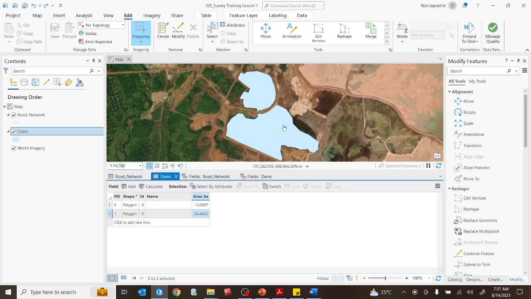Let's give these dams names. So all you need to do is be on edit, modify, and then you click here to select the polygon. While you select the polygon, because you want to ensure that this is the polygon you are giving that name. So you select this polygon, and then you double tap in here. Let's say you give it dam A. Let's say this is dam A, and then you enter, and then you